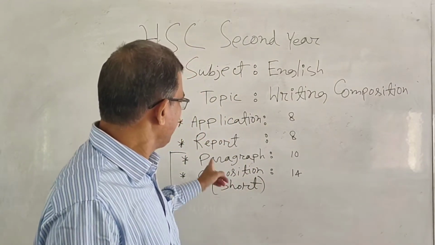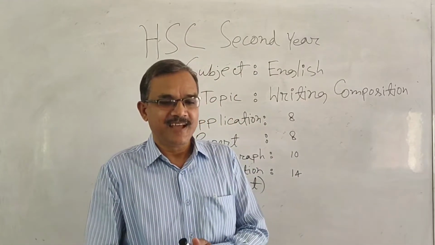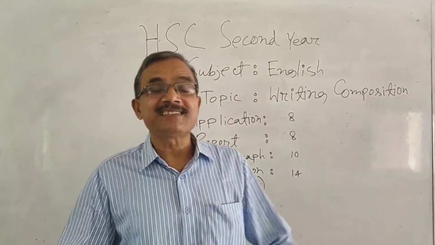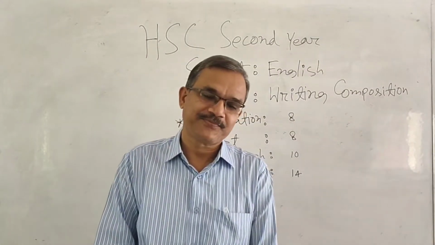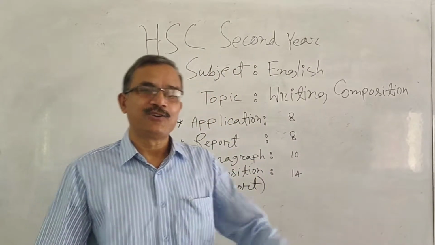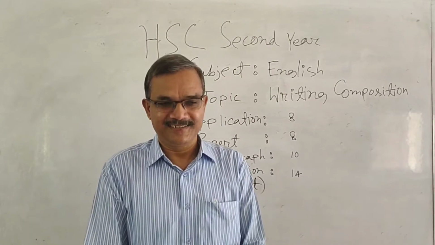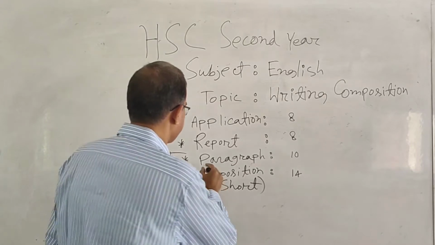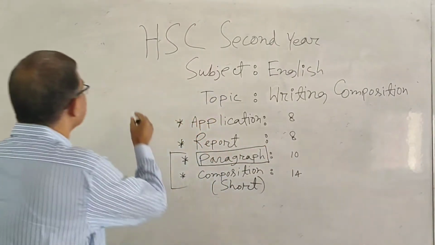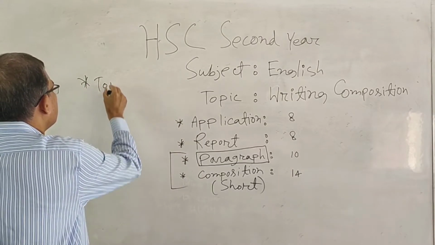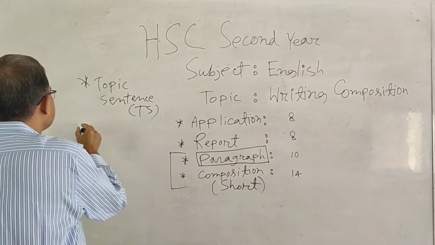What is a paragraph? Paragraph is a series of related sentences on a single topic. It has a beginning or topic sentence, middle or development, and closing or ending. These are the 3 parts of a paragraph. What are these? Topic sentence,